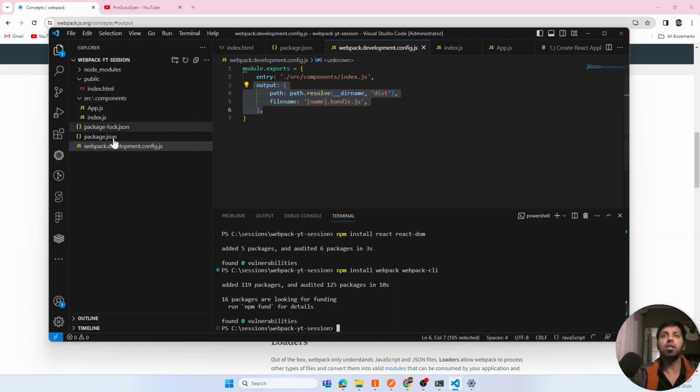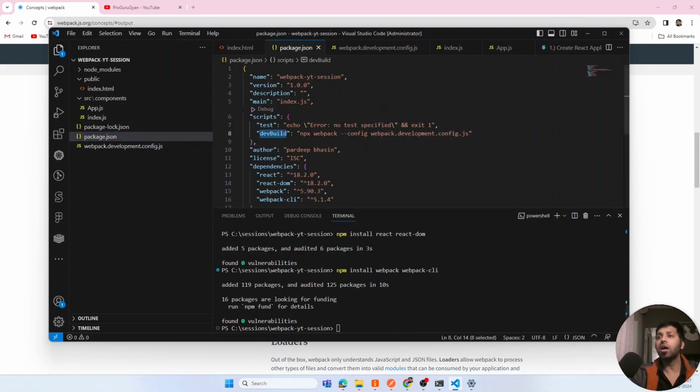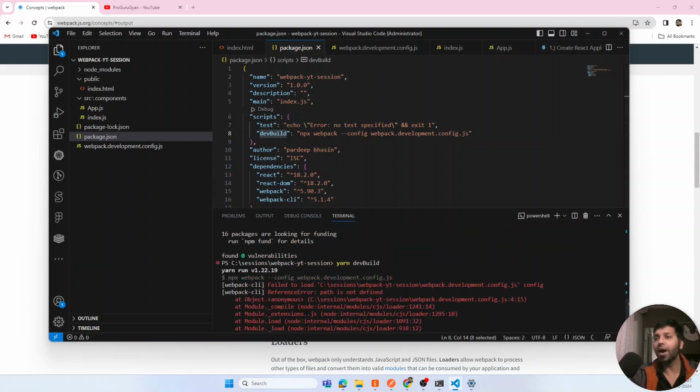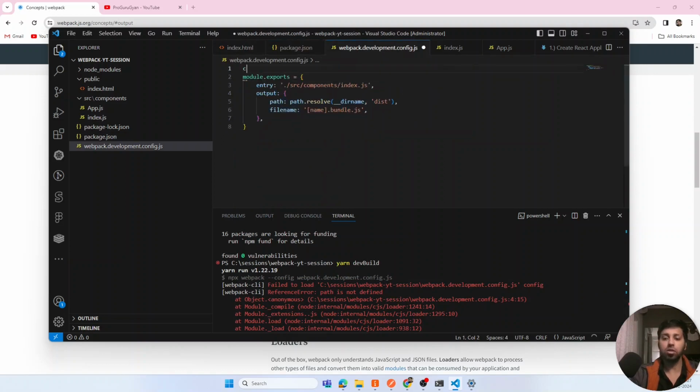Let's run the first command, yarn dev build. Now you will start seeing the errors over here. The first error comes: path is not defined. This is a very basic error. What you need to do is const path equals to